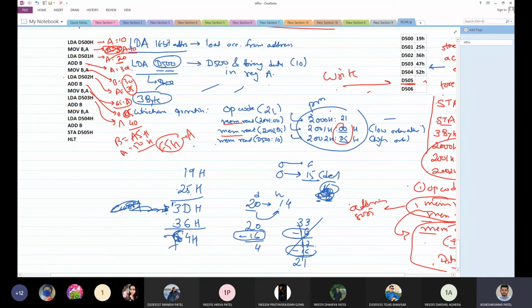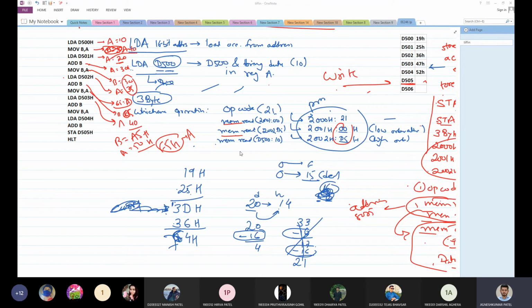Then again, what am I going to do? Now I am going to use a calculator. I am not going to explain every step. In your calculator, you can do hexadecimal. How? Go to programmer mode. If it's a computer, go to programmer and select hex over here. Then you can do the sum. First number is 19. So 19 plus 25. Okay, 3E is the answer.